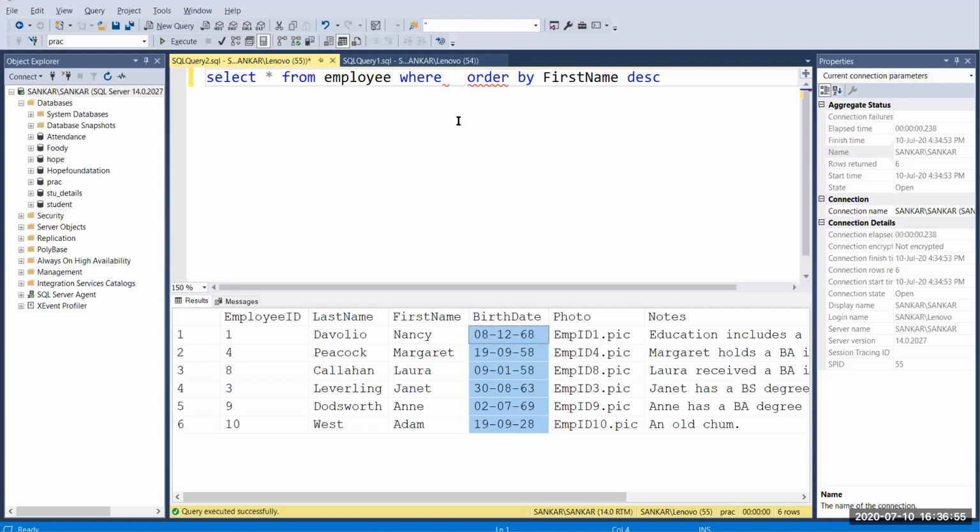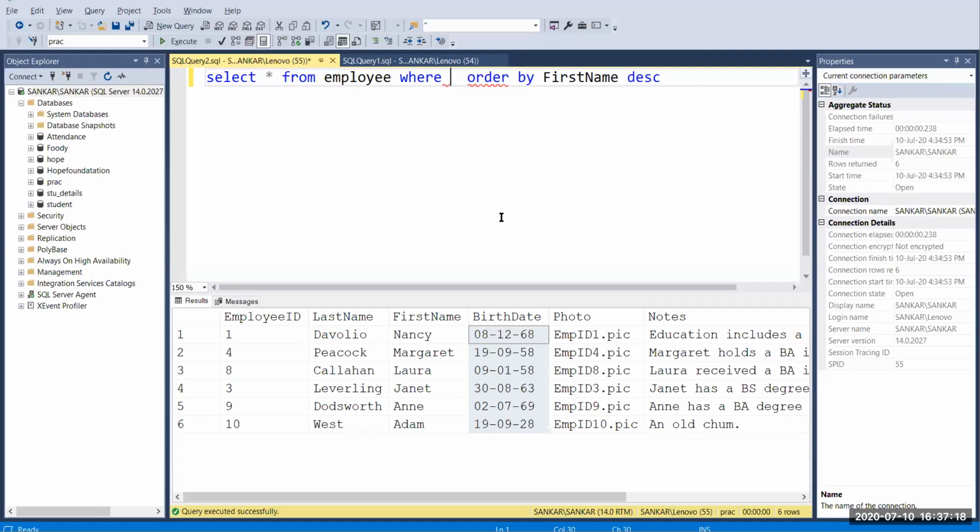If you declare a date and time data type, you have to pass your date like this: first the year, second the month, and third the date, separated by hyphens.